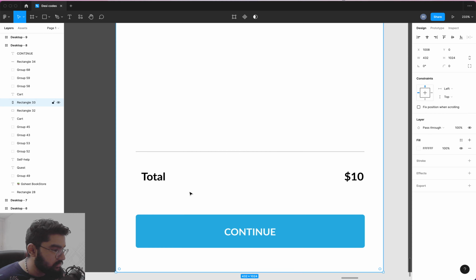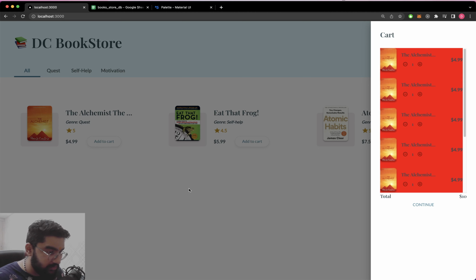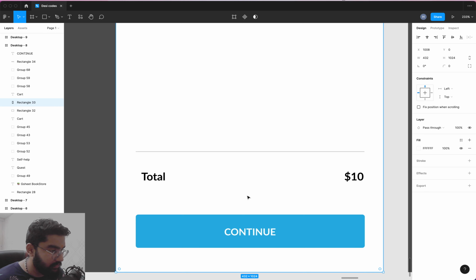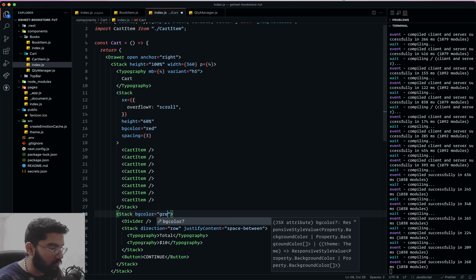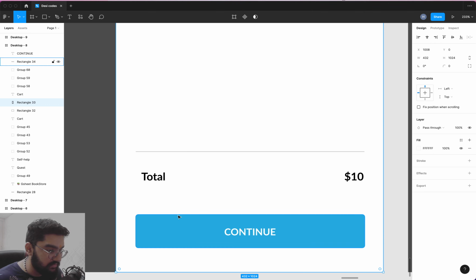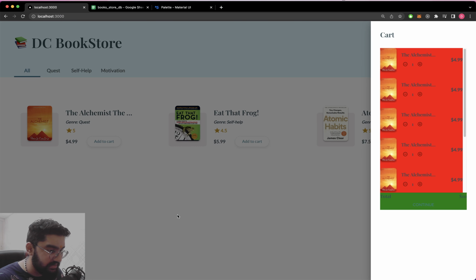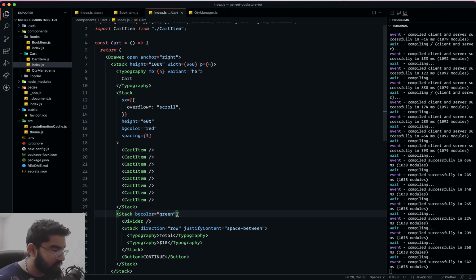All right, so now because we want this particular part, the bottom part, to stick at the very bottom, like over here, for that, firstly let's again add the BG color, this one to be green, so that we can easily see where exactly it is and how much space it is taking. So at the moment it looks like this. So over here, as we want to push it to the bottom, in that case